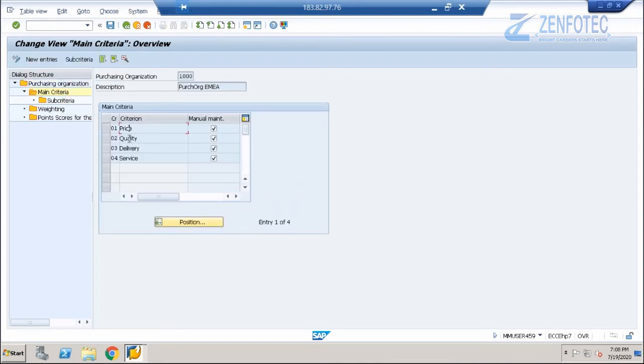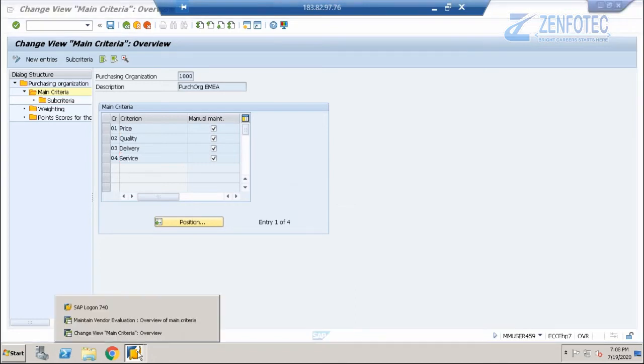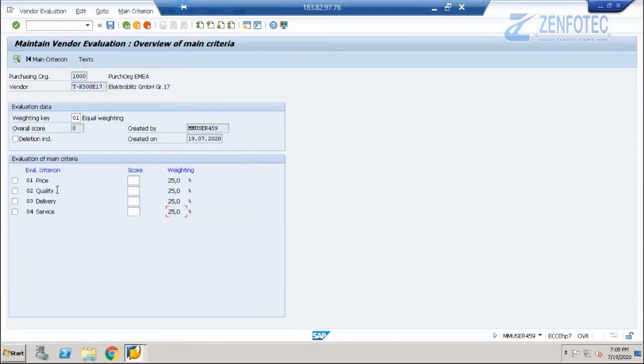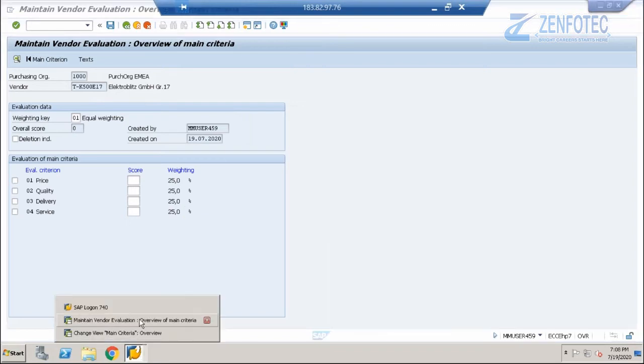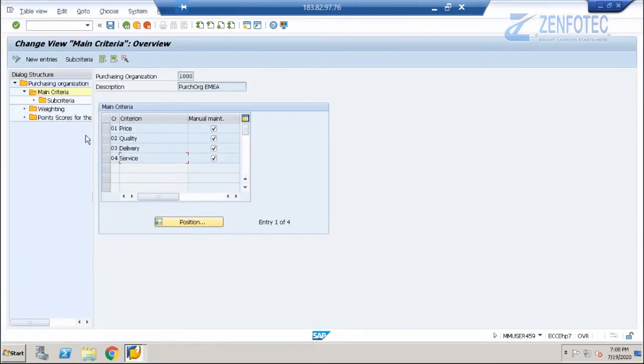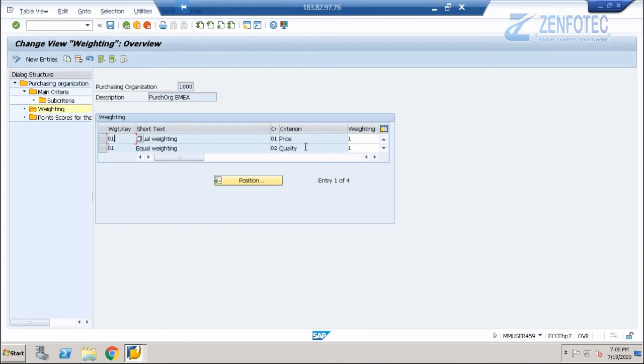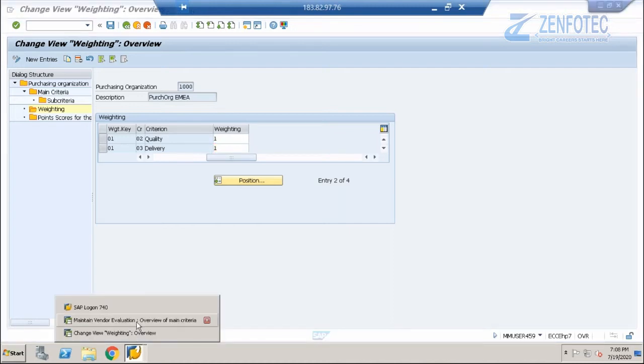So price, quality, delivery, service, all four are here. Why is this coming as 25%? Let us understand why the weightage is coming as 25%. I've given the weighting key, so all are coming as 25%. So 4 criteria, equal weighting. You can also vary the weighting, then you have to use the criteria with unequal weighting. So that is the reason it is